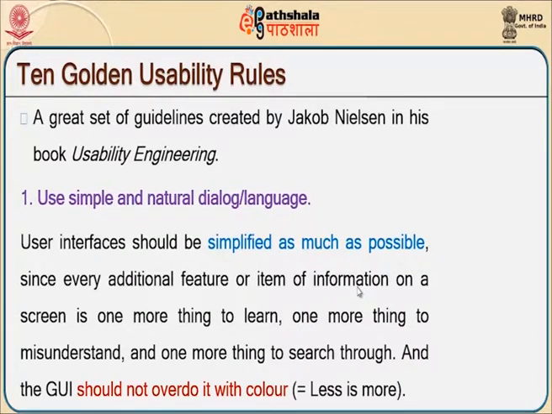For usability to be completely pictured, there are 10 global golden rules that are to be followed. A great set of guidelines created by Jakob Nielsen in his book Usability Engineering. Rule 1 indicates use simple and natural dialogue or language. User interfaces should be simplified as much as possible, since every additional feature or item of information on a screen is one more thing to learn, one more thing to misunderstand and one more thing to search through,